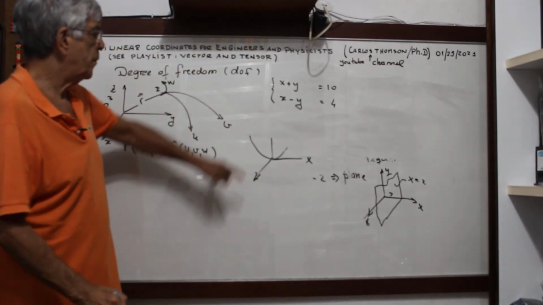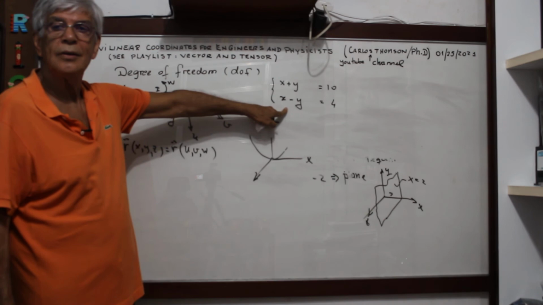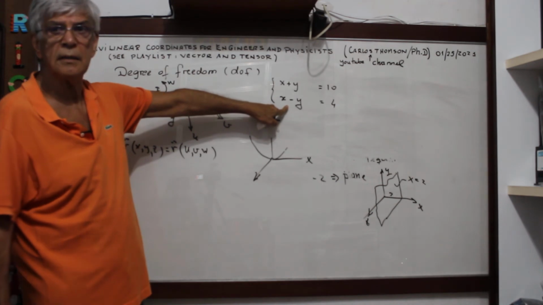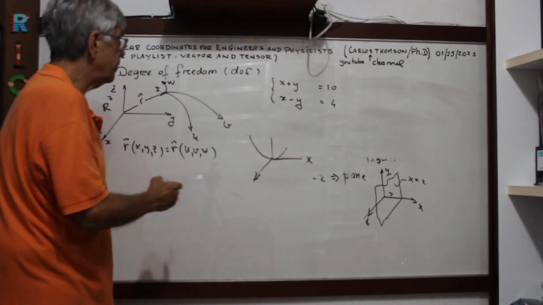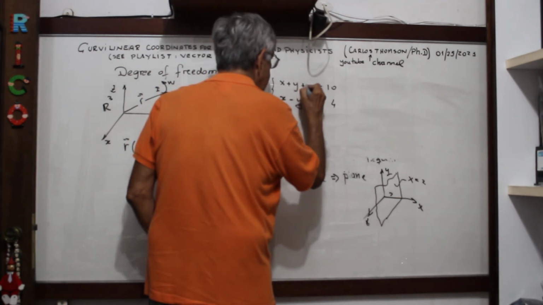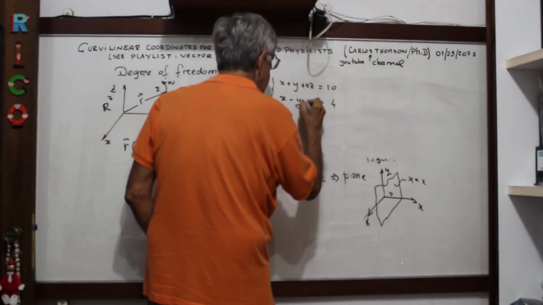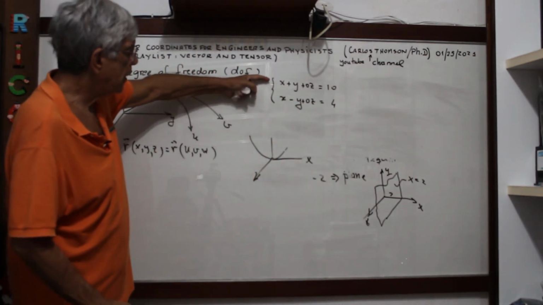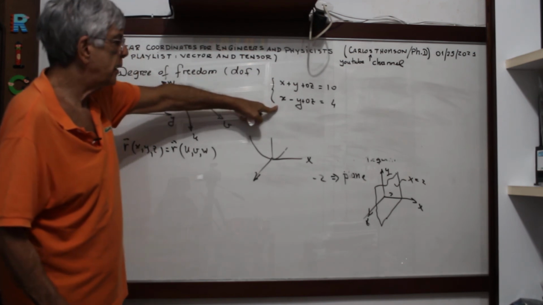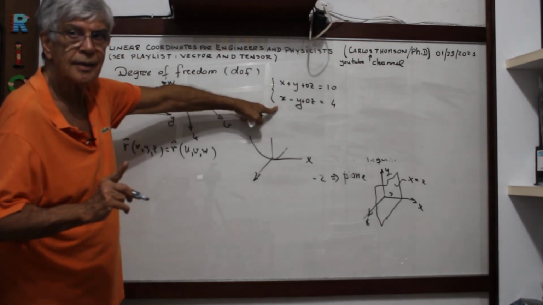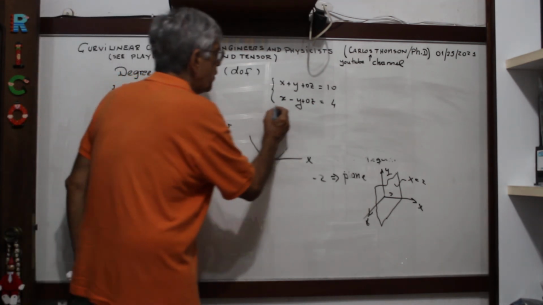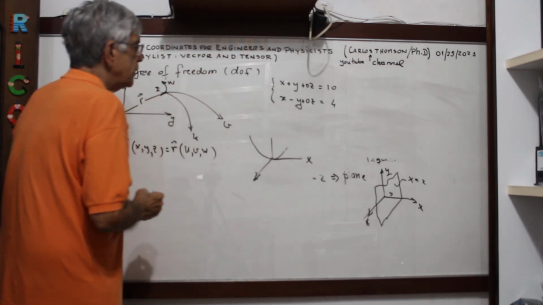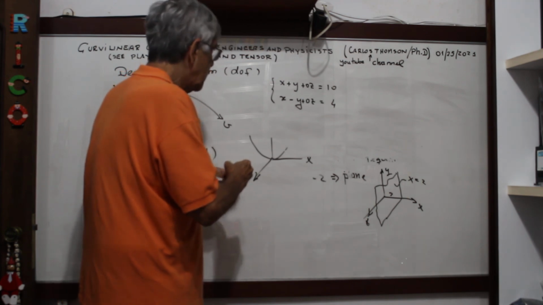Now, in high school, you don't talk about R3. You could, but this is the plane. But in R3, you should put over here 0z plus 0z. Now we have 3 variables and 2 equations. Now, 3 variables and 2 equations, what do you mean? So the degree of freedom will be